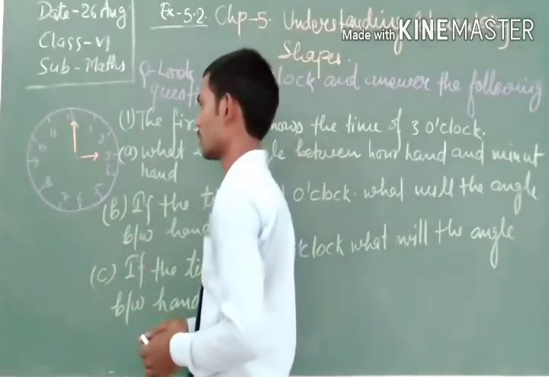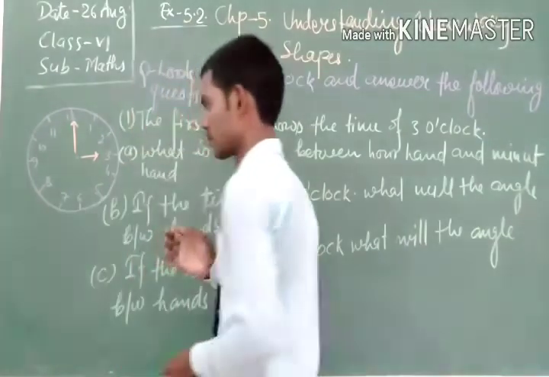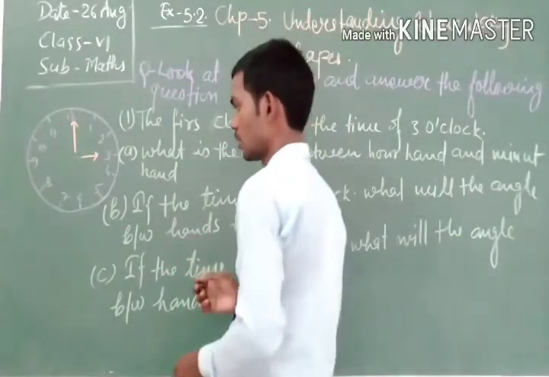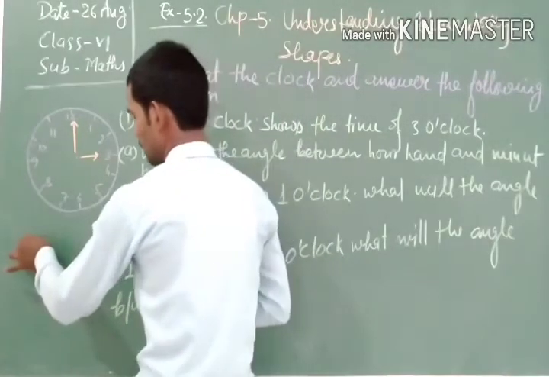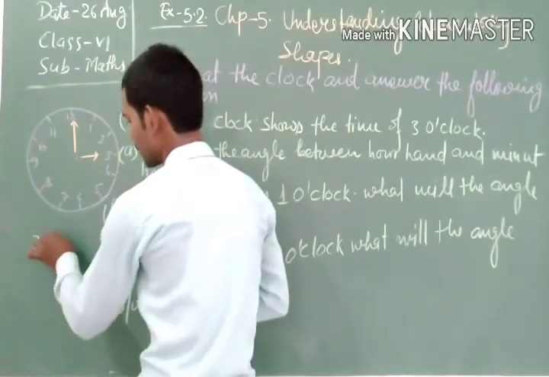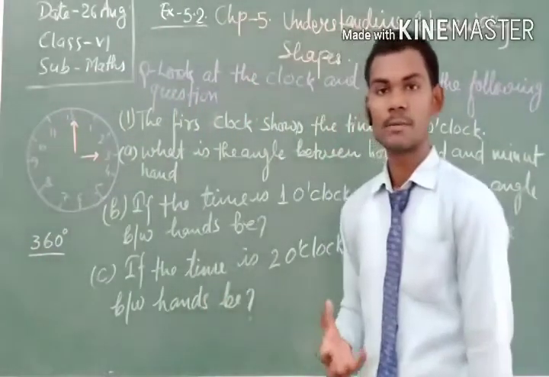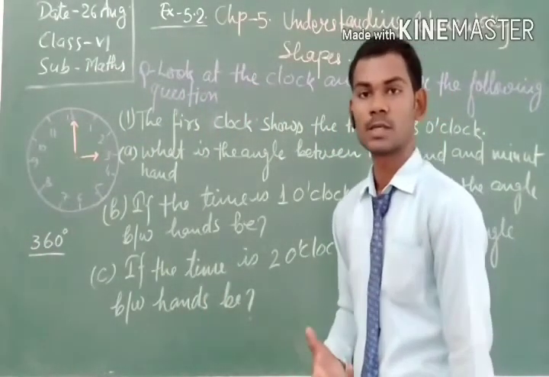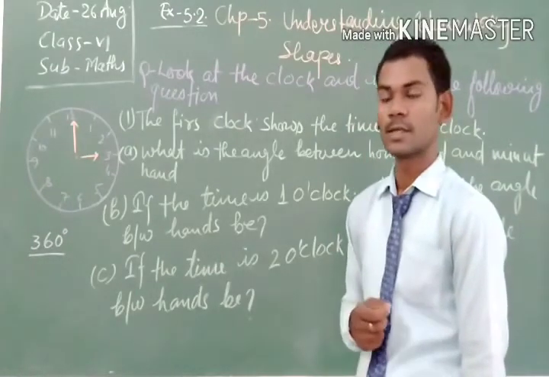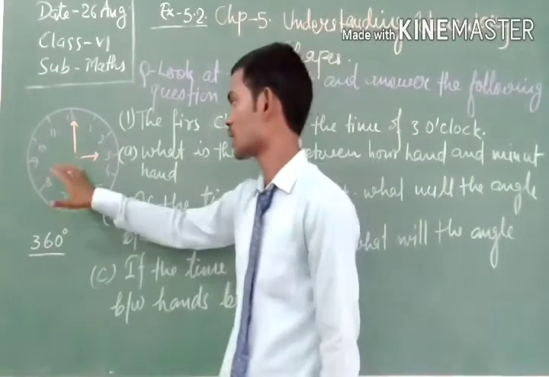First, as you know, the complete angle is 360 degrees. The complete angle has a measure of 360 degrees, and here we can see that